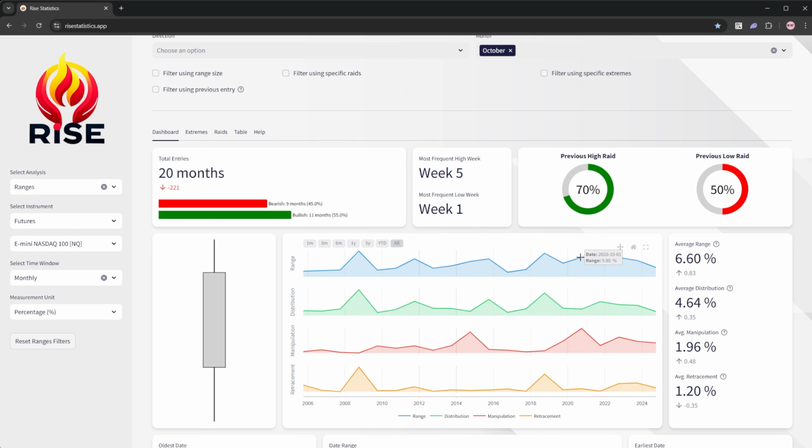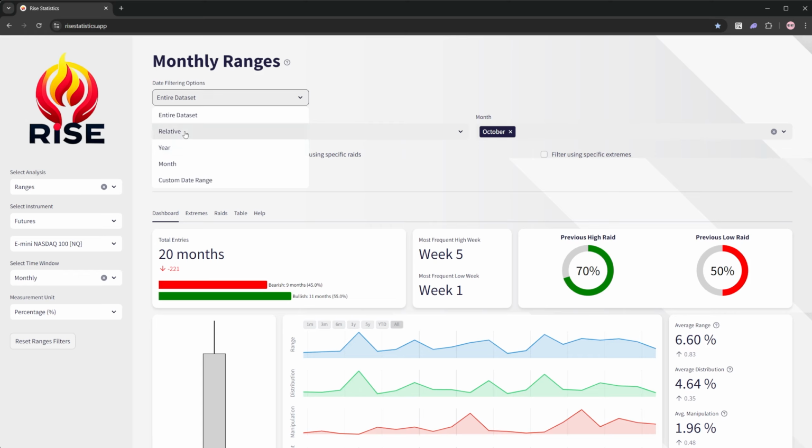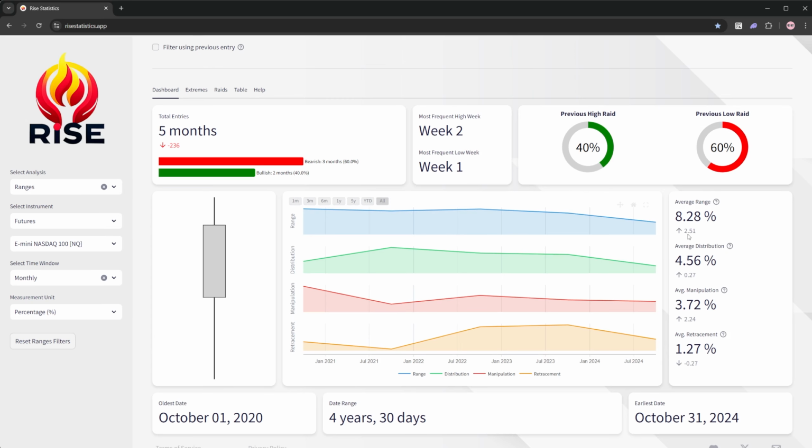In the recent years, we've been definitely more bullish, right? Let's say you were to use data from the last 5 years. Well, we'll notice that this range is quite a bit bigger, but it is not in relation to the distribution. So standard across the last 20 years, we tend to see a 4.5 to 5% distribution. This is all movement based. I'll show you guys on the chart.